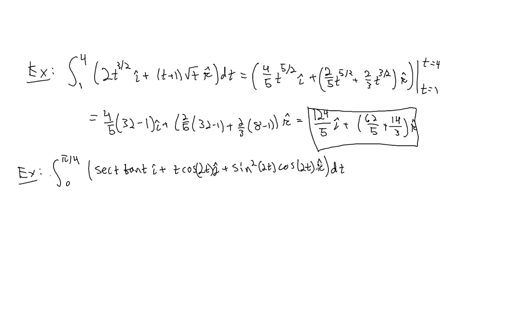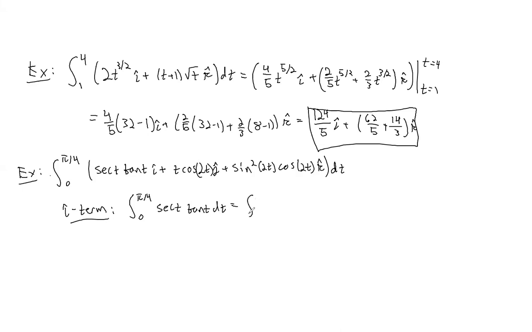Now, as you're doing this, it's tempting to just try to slay the dragon and do all three of these pieces simultaneously, but these can be big integrals to do. So there's no shame in taking it piece by piece. So let's look at each term individually. So let's start with the I term. The I term, we're going to anti-differentiate this, 0 to pi over 4, secant t times tan t